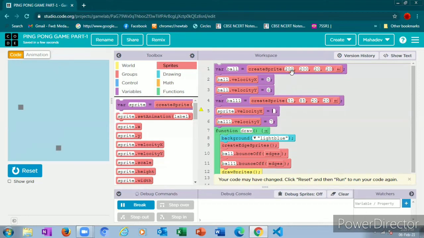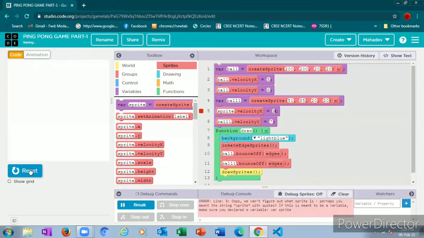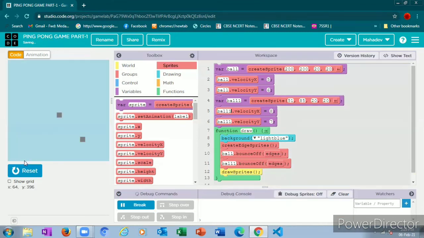Yeah, I'll give it. See now. Oh, what happened? Okay, I must rename it as ball one, right? You must find all these things, right? Okay, now these balls are moving over the whole canvas, not up and down, not left and right, the whole canvas. So this is the ping pong game part one.